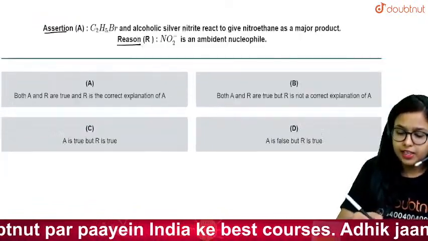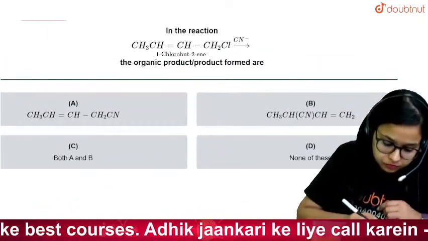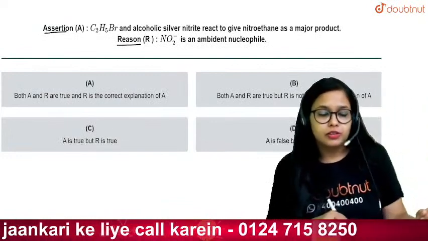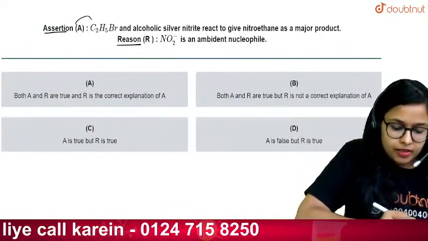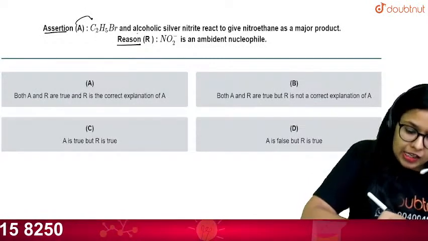Okay, it's done. Let's understand. I hope you have done all right. We'll understand with this. In this question, the assertion statement is given that C2H5Br, this is your bromoethane, and alcoholic